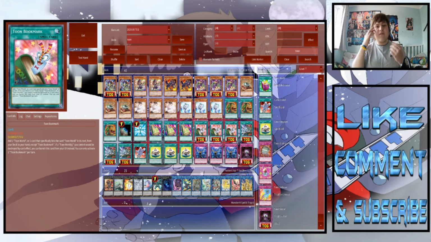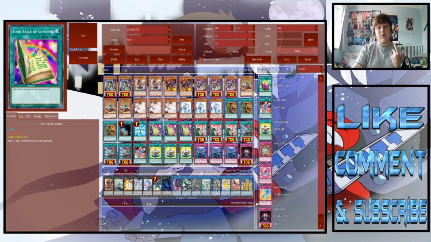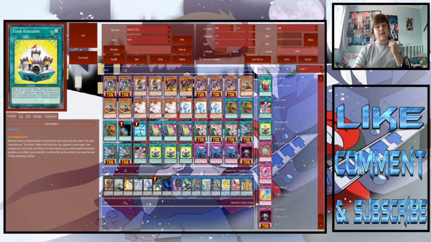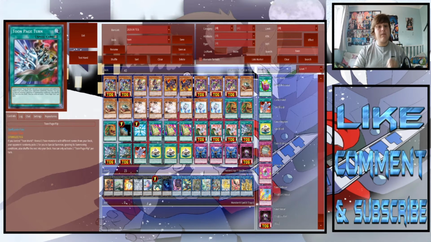So very good card in general. Literally the majority of the time when you get Toon contents, you're going to be using this, you're going to be searching Toon Bookmark and searching anything, so your Toon Kingdom will have that added protection in the deck. Next, we also play three